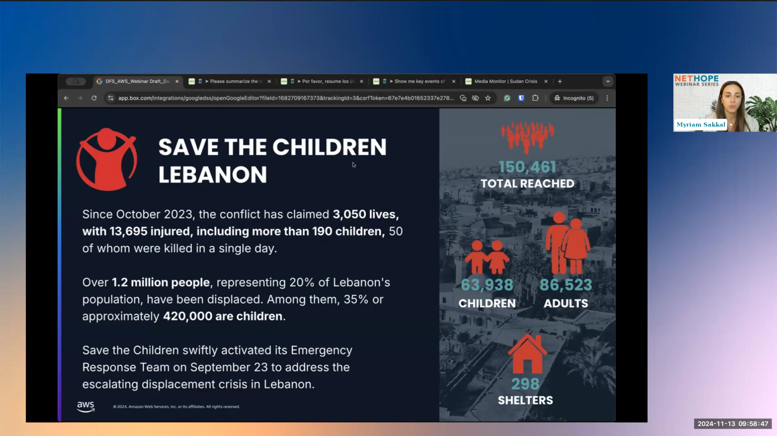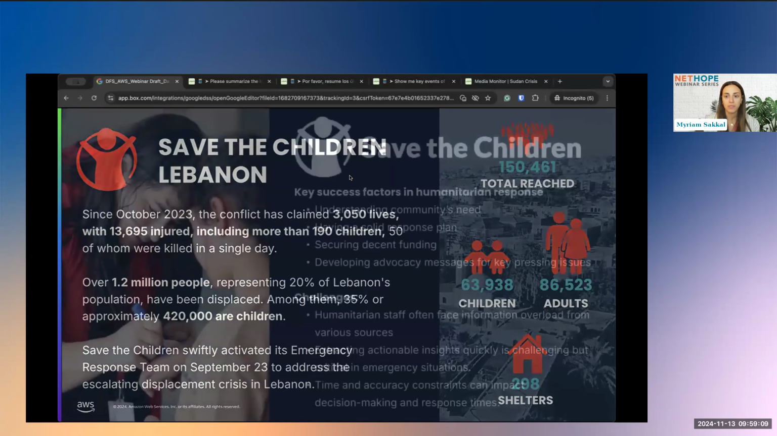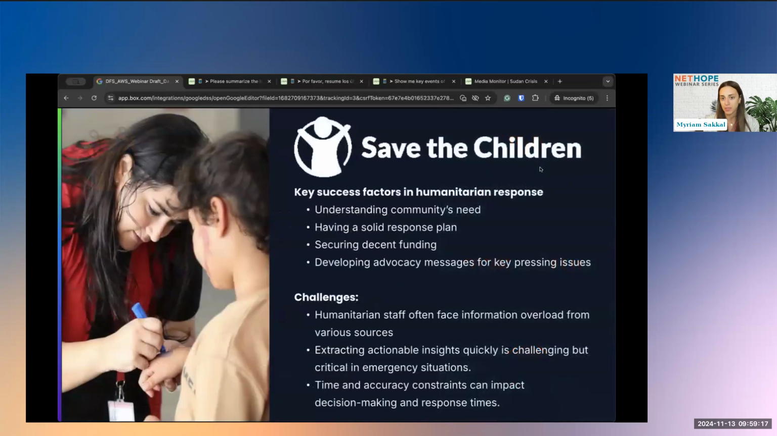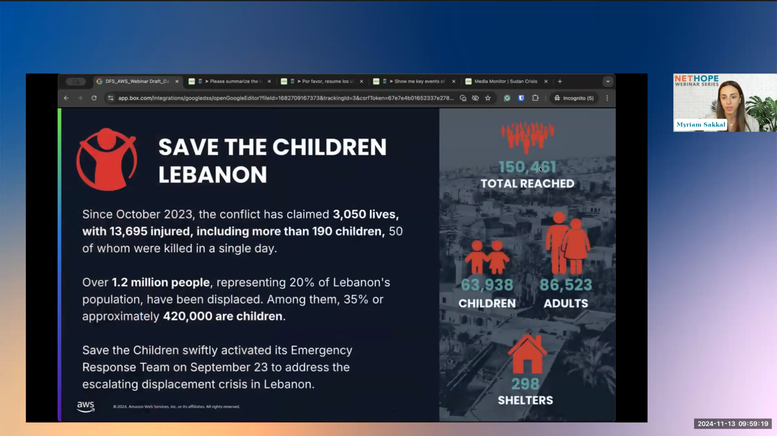So as Save the Children, we had already been prepared to respond to this emergency. Since the onset of the crisis, we've been operating, but after the drastic escalation, we had to activate our emergency response team and our response plan to address the displacement movement happening in Lebanon. Just to give you an overview of the team's effort on the field, if you can stay on the same slide, please: we had reached around 150,000 people, and we have been operating in 298 shelters,